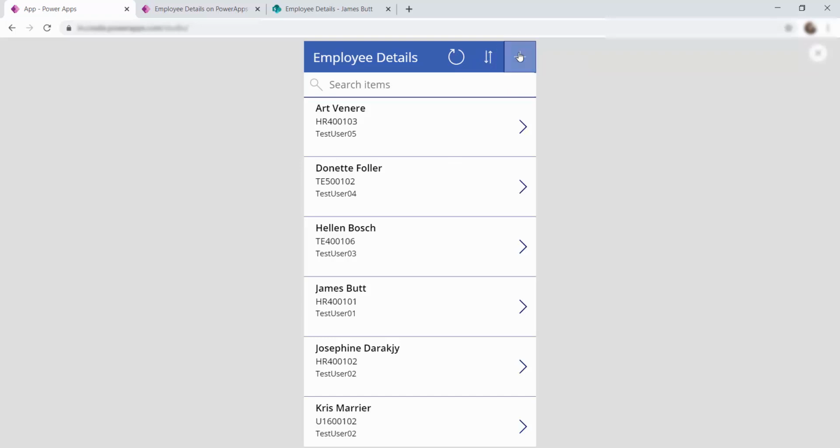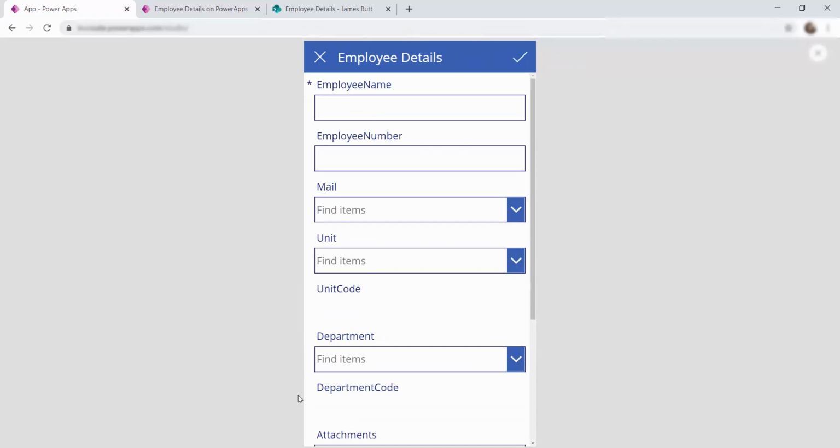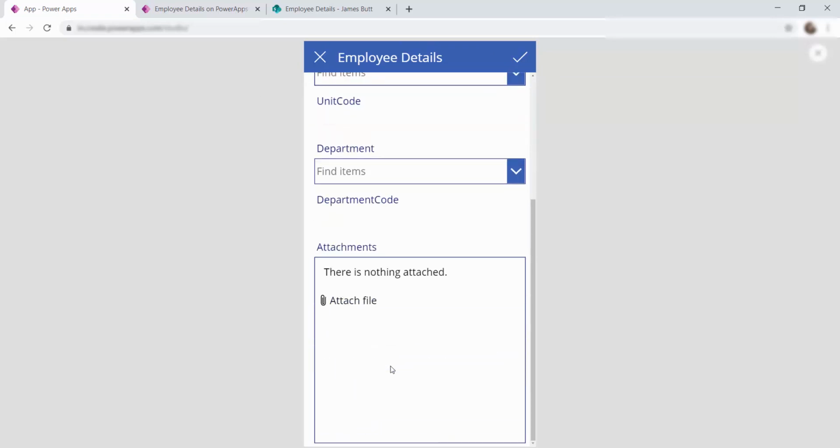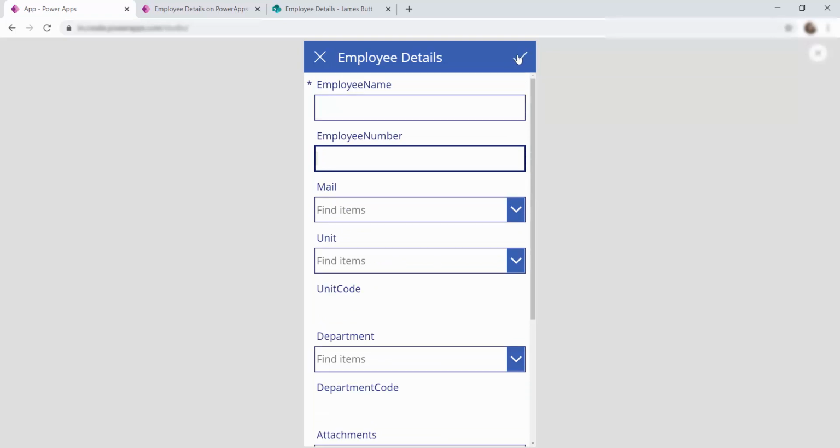On clicking the new item, I've been navigated to another screen, which is the edit screen. And here I am able to fill in the details, and on click of the submit item button, I can submit the new list item, and I can close this to cancel the item.